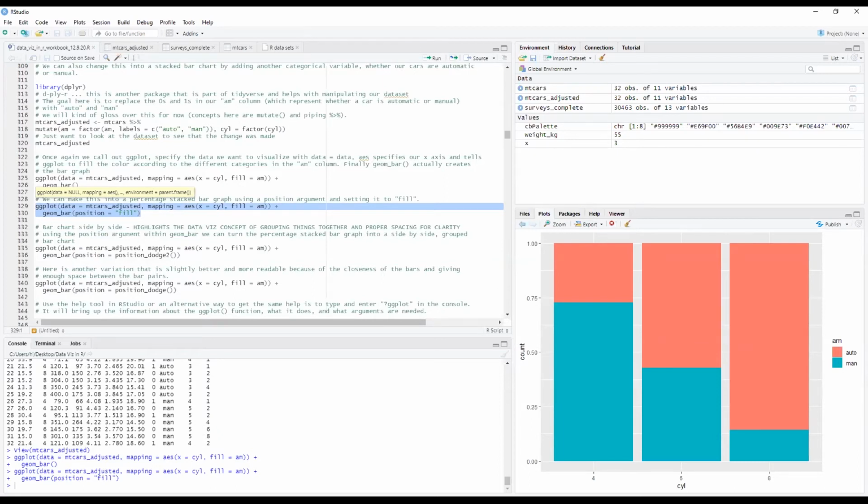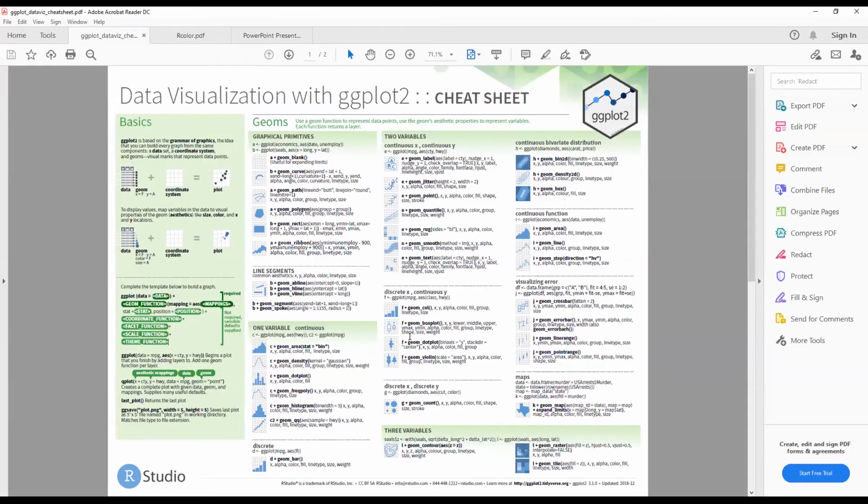There's another thing that can help you, and that is that ggplot cheat sheet PDF. Let me quickly show you so you can get a sense of why it might be useful to you. Where is that cheat sheet? Right here. Okay. And right here. So this PDF is pretty comprehensive.